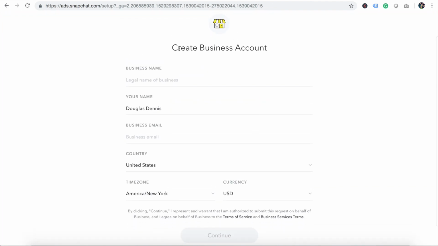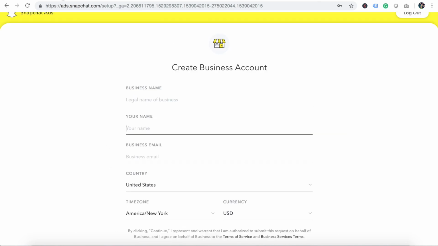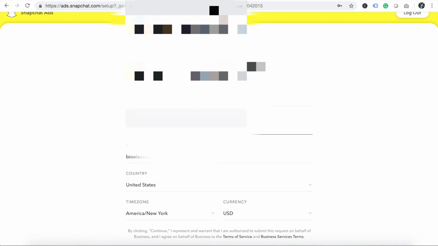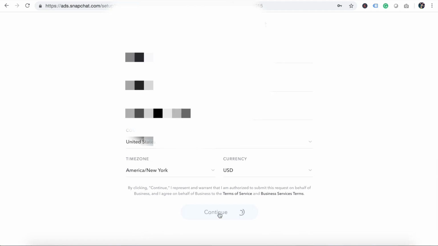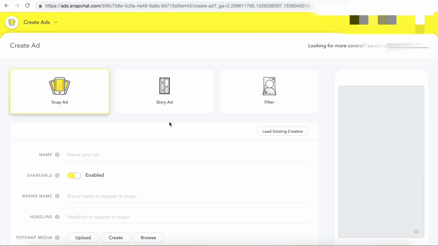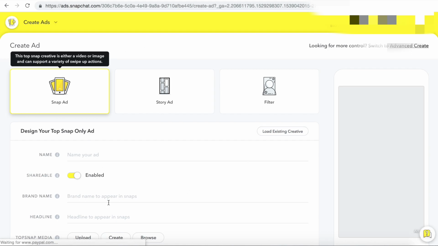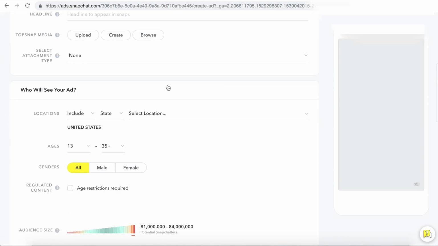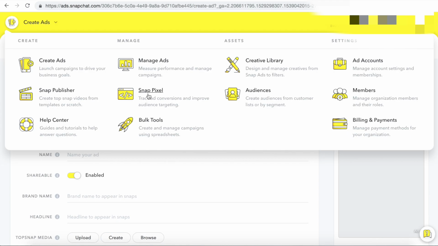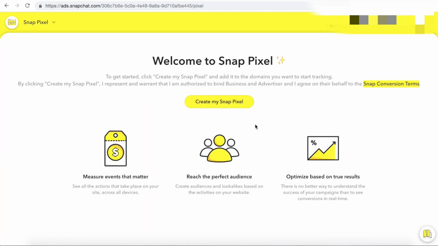So it's going to tell you to create your business account. Okay, now we're in the business account. So you can create ads here but before you make ads, you have to add Pixel to your website first to track all the visitors and track all the events